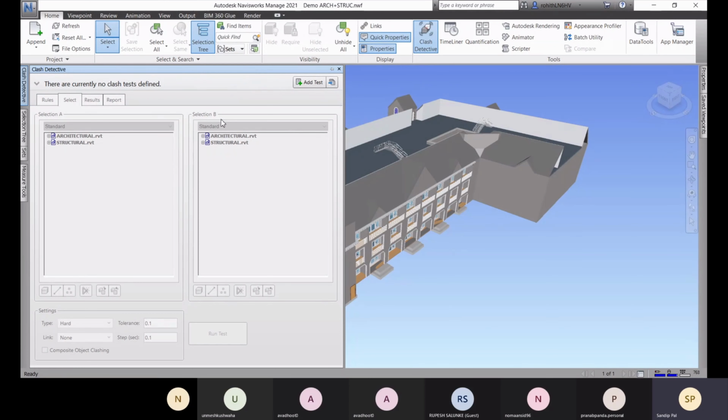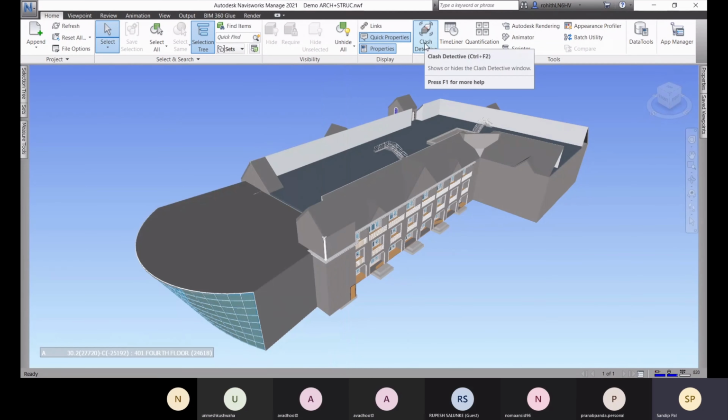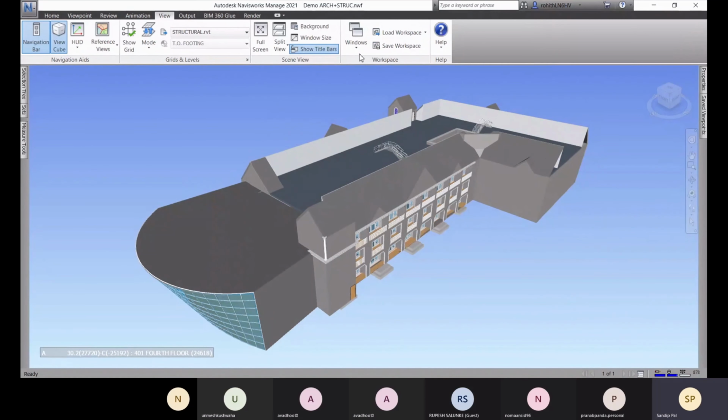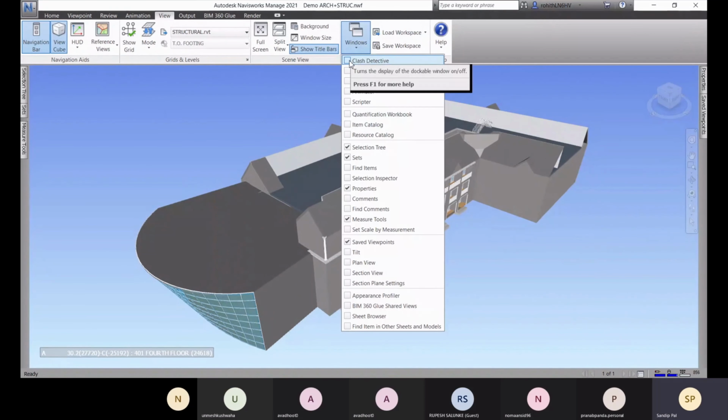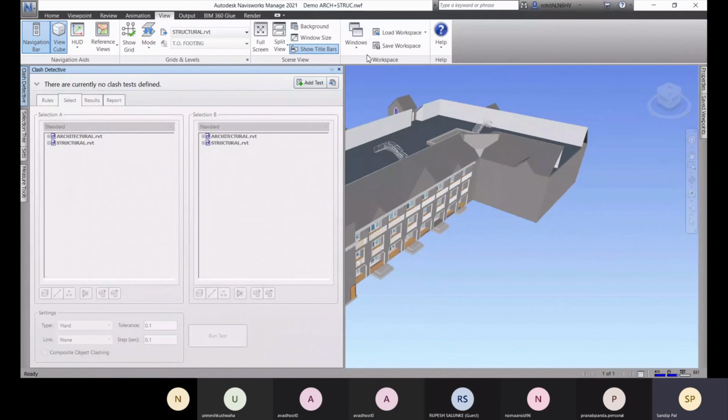And if it is not coming here, you have to click on this clash detective option, or you can go to the view and come to this windows. And from here also you can click on this clash detective window. Okay,